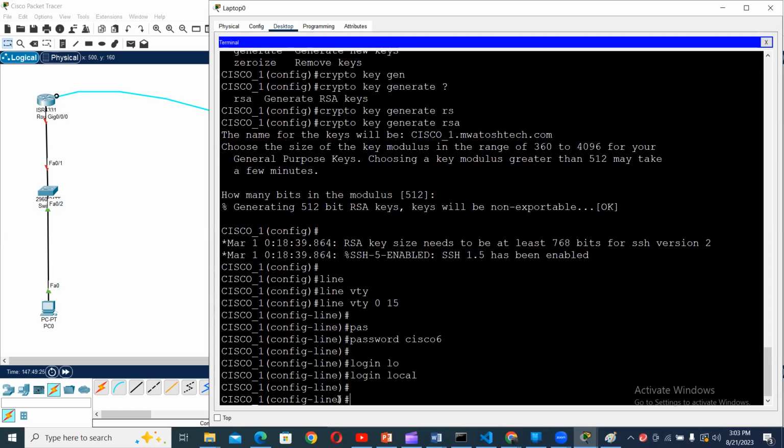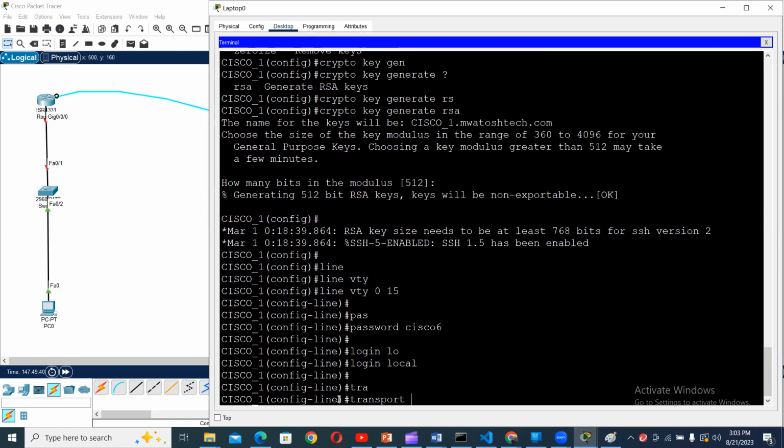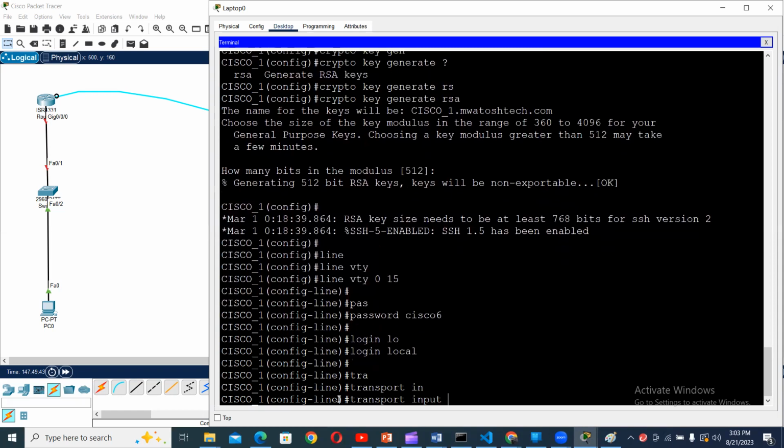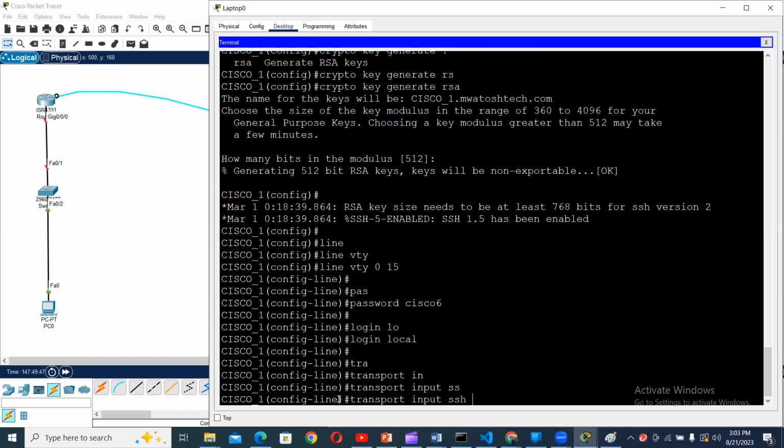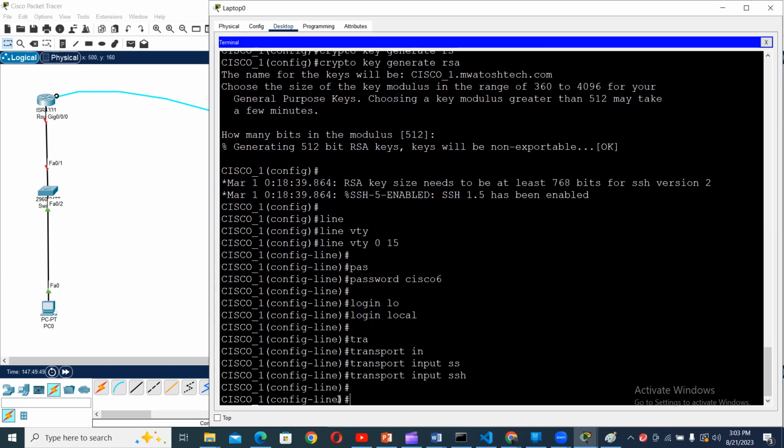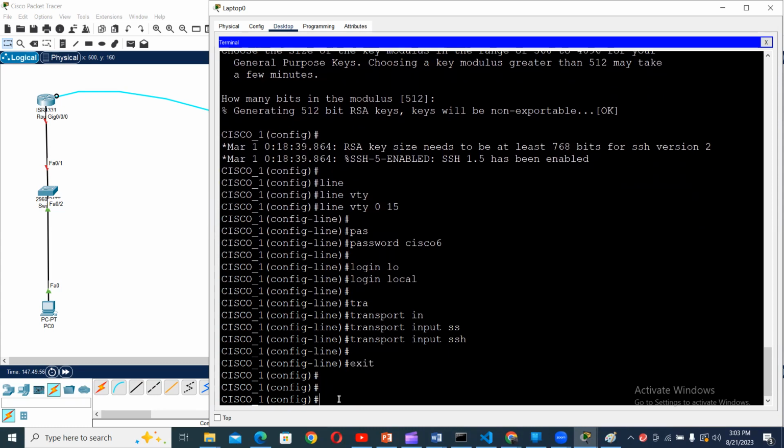Okay, that's our key, and we have just identified what we want. So another thing is we configure the VTY port for the SSH. So transport input, what you want to input, for SSH. Now we are good to go. Let's exit. Now on the global configuration mode,